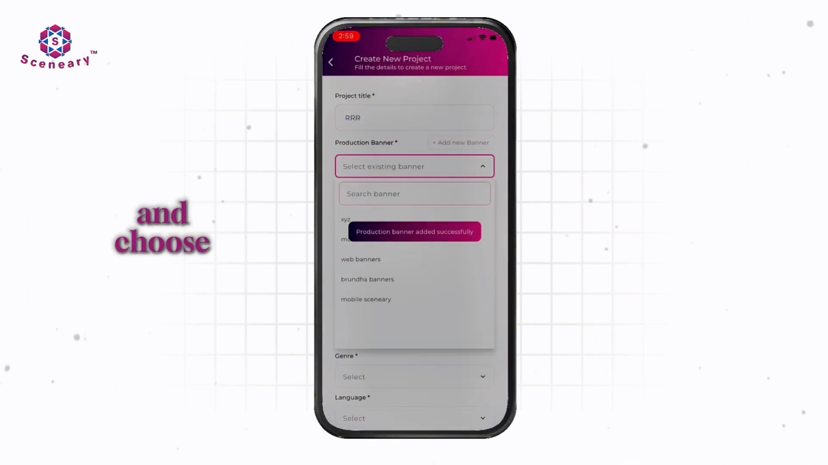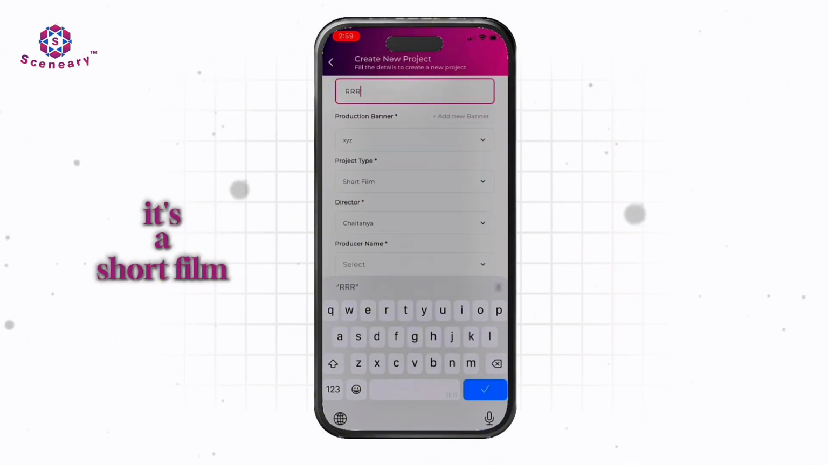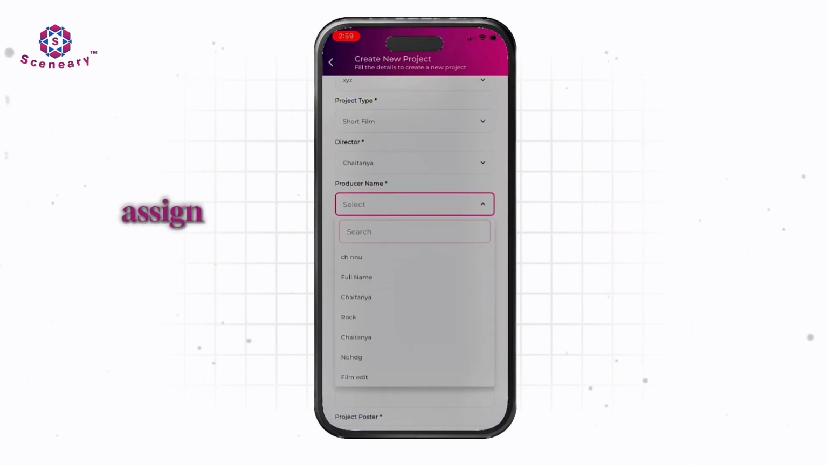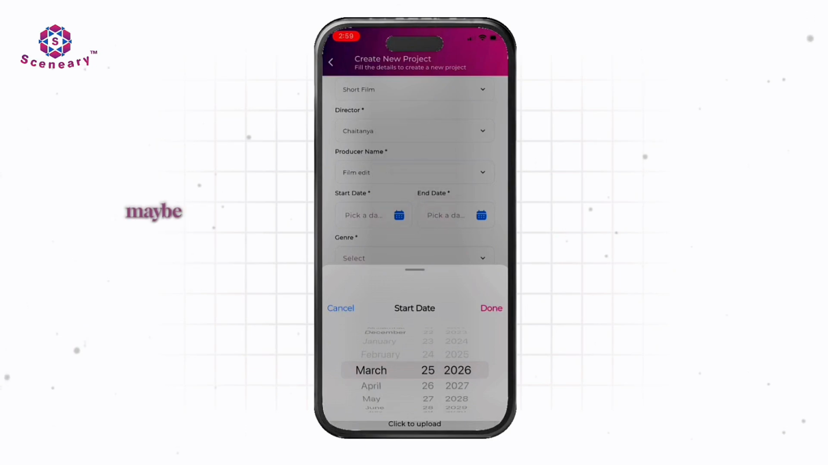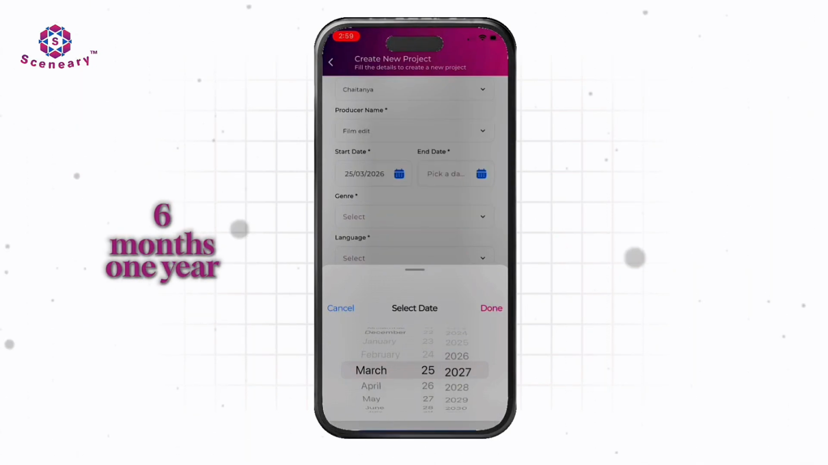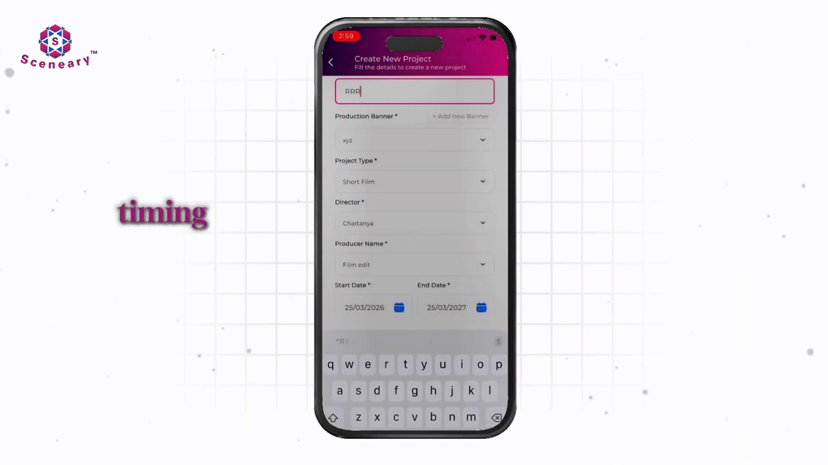Select the banner and choose the type of the project. It's a short film, it's an OTT series. Assign the director and the producer and choose the timing of your project. Maybe it is 6 months, 1 year, it is shorter period, whatever is the timing for your project that you